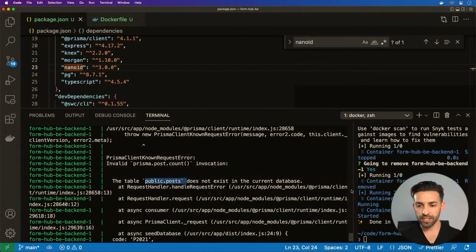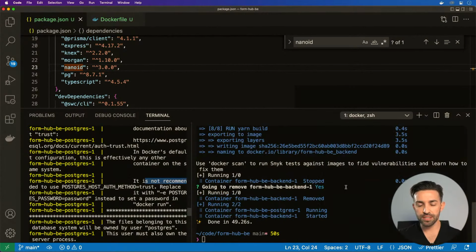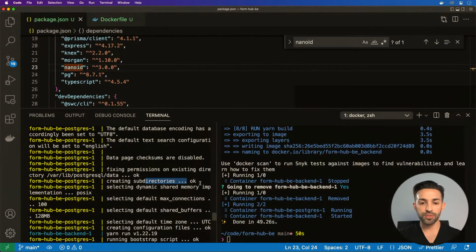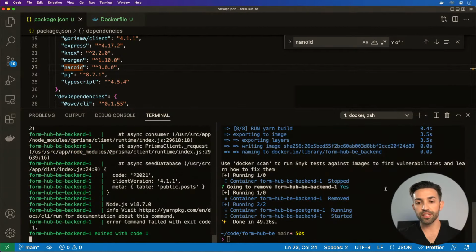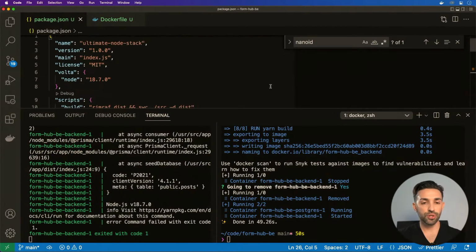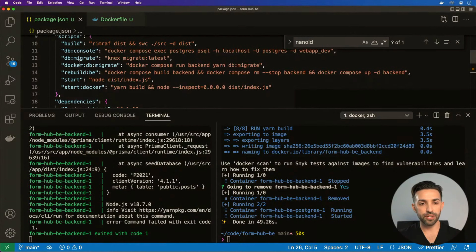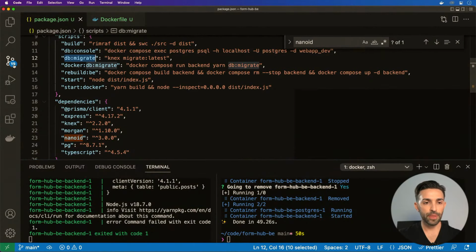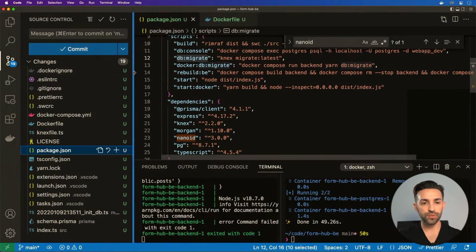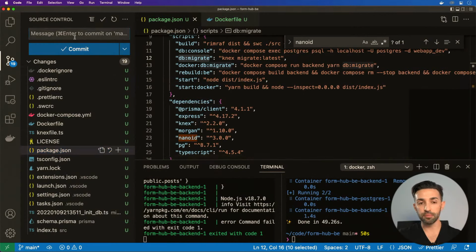That's actually great. That's great news. So what that means is Prisma started up, the server started up, but there's nothing in the database. So I have another command that will migrate the database to our latest state. Now, I'm not going to have a post table in this app, so I'm not going to do that quite yet. But I can see that things are booting, so I'm going to go ahead and commit all of these